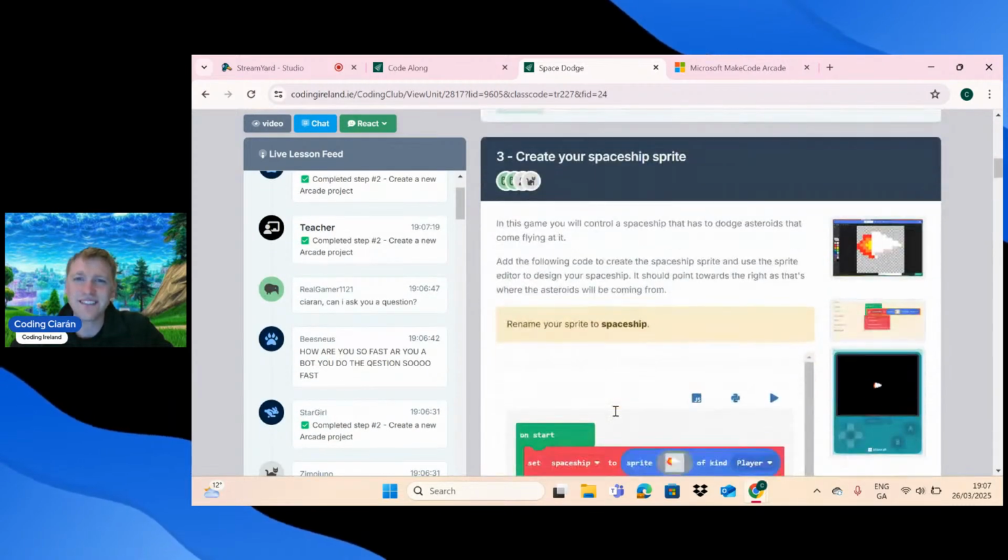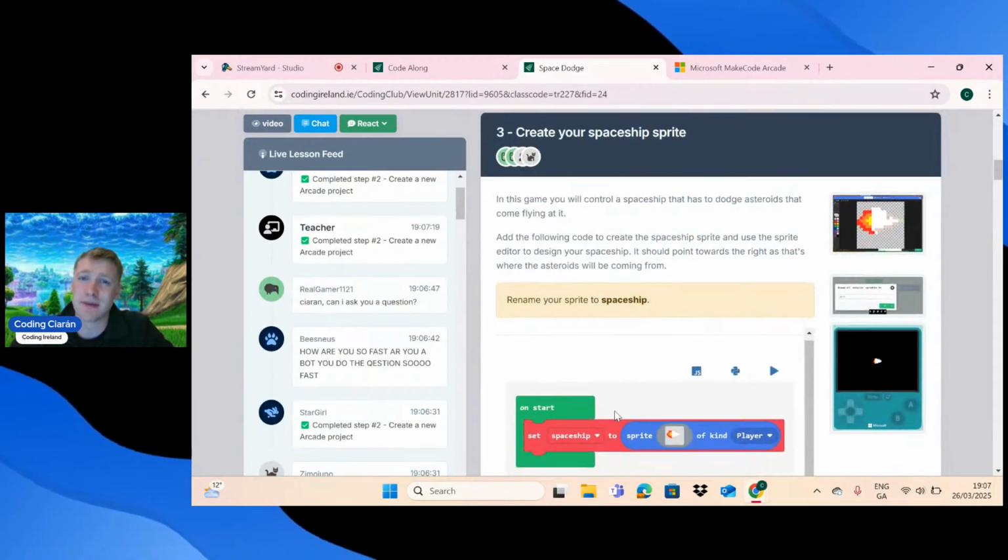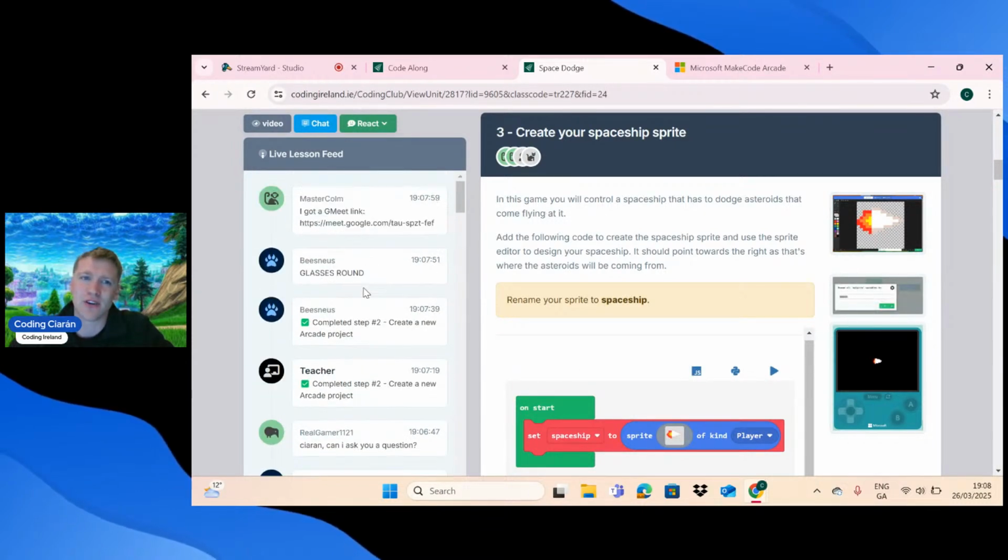So, our first step today basically is we're going to create the spaceship sprite. So, in this game, we will control